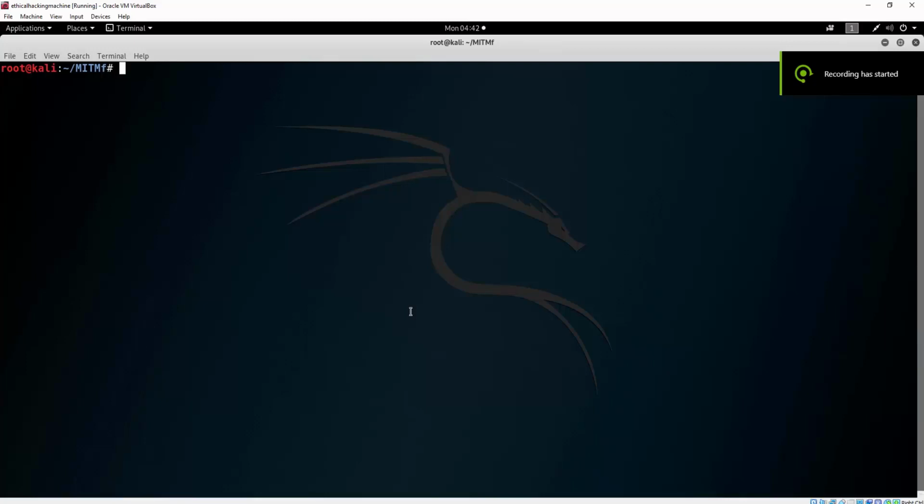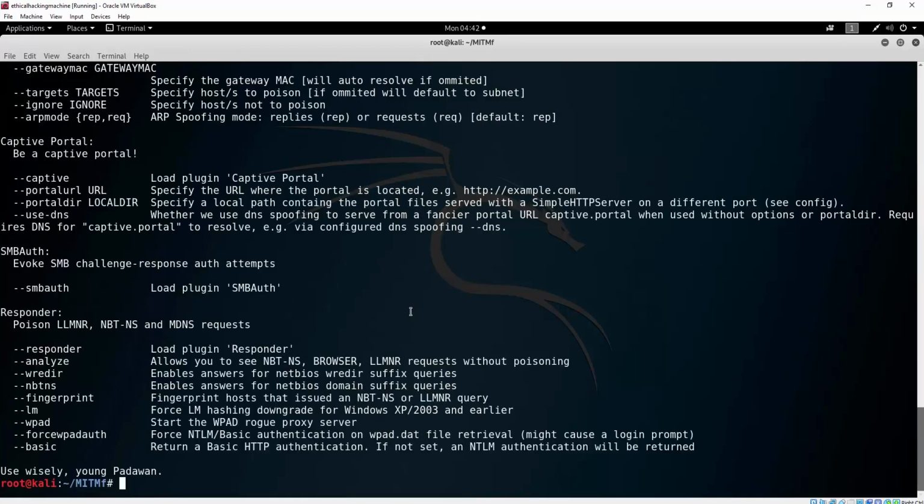And now, before we continue to Ettercap, which is another tool for the man in the middle, which I will show briefly, let us see what else we can do with our man in the middle framework tool. There are a bunch of other options as well. We will not cover all of them, of course, but I just want to show you some of the things that you can do in order to specify your attack in more detail, or in order to perform some different type